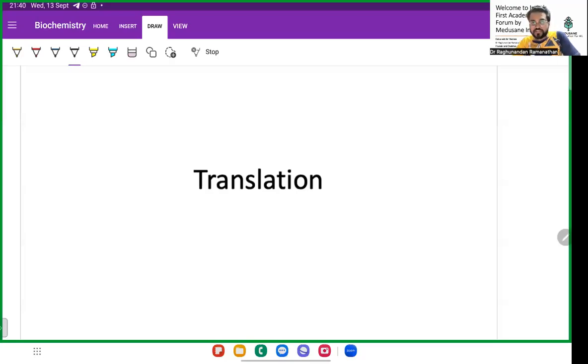You would have already seen the transcription and replication. Then we have talked about the genetic codons and mutations. And I'm very sorry I couldn't take this translation topic immediately after the codons due to some work. So today we are going to deal with the translation. Very, very important topic, translation. I am going to deal with it.